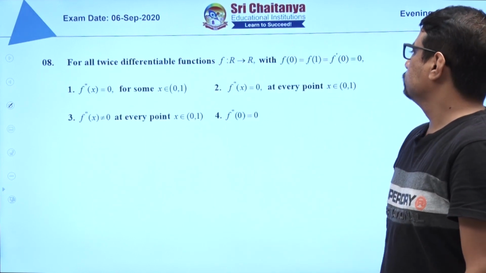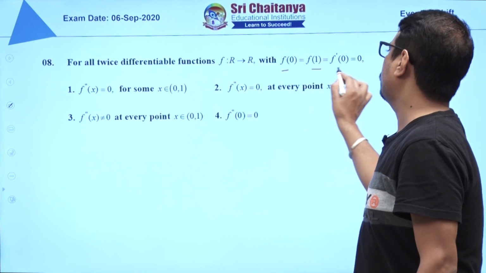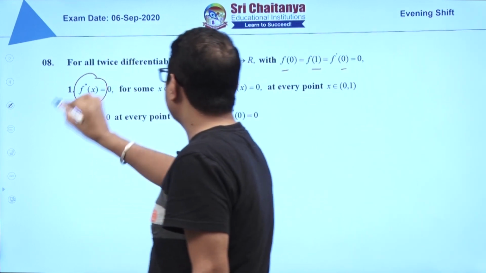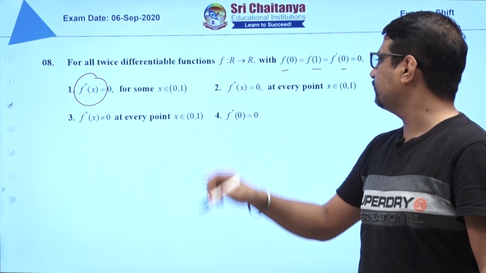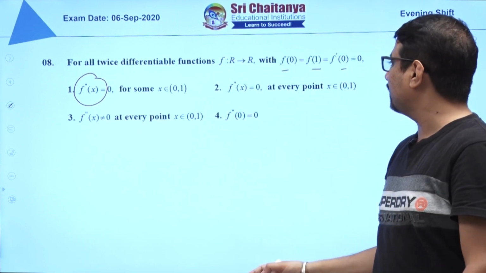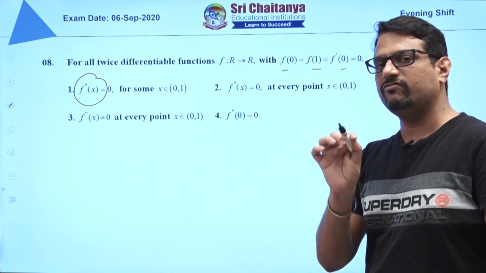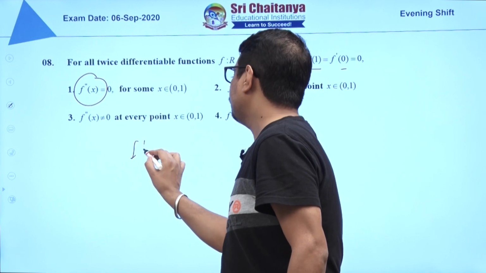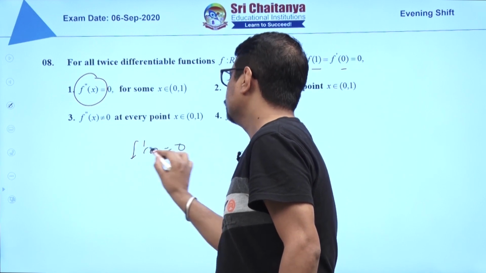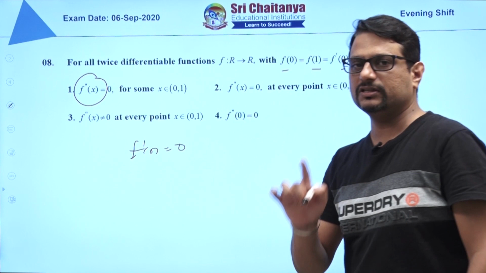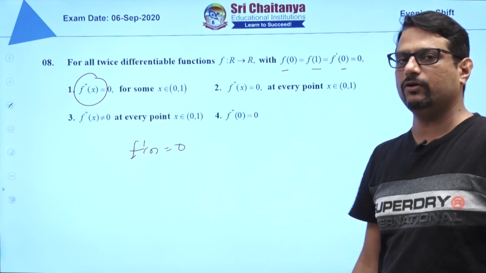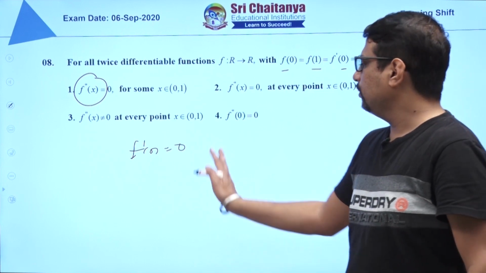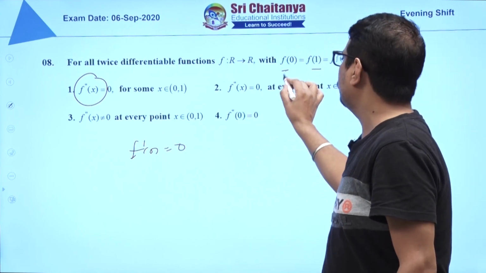Next. Here f of 0, f of 1, f dash of 0 are given. And the value, if you will observe, asked is f double dash of x. In all the options, f double dash is asked. So regarding f double dash x, let us concentrate on f dash x. What are the roots of f dash x? One root of f dash x is given, which is f dash of 0 is equal to 0. So f dash of 0 is equal to 0 says one root is already known. One more root if we can know, then we can say that f double dash x will have a root in between.